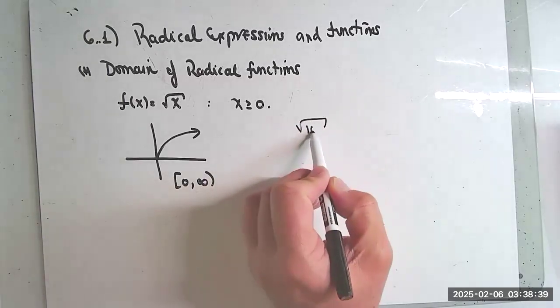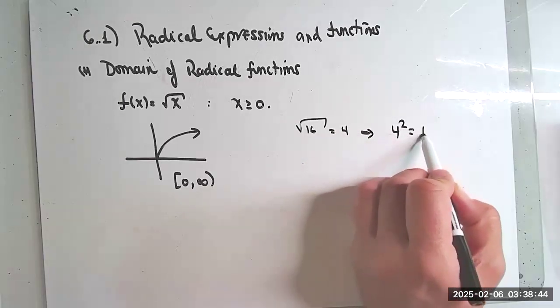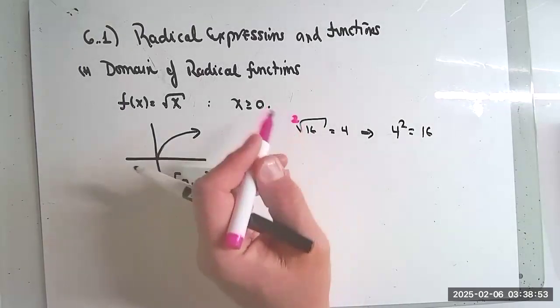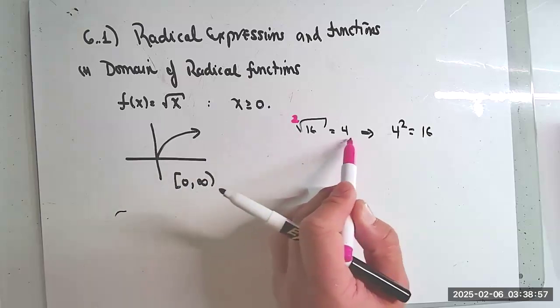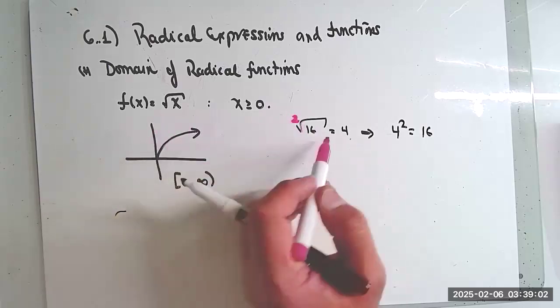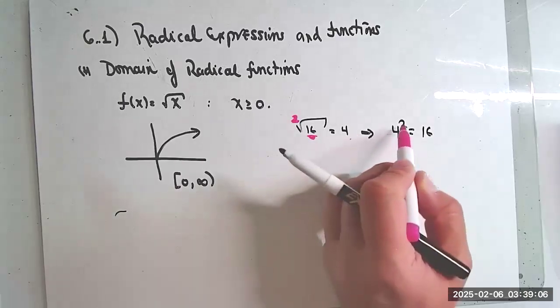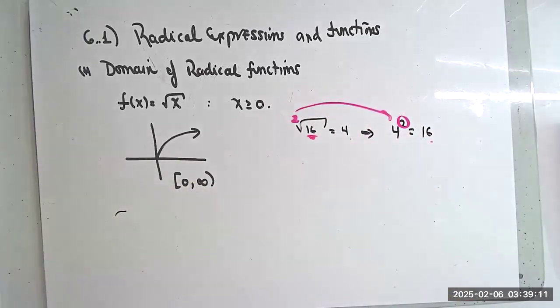For example, the square root of 16 equals 4. Why? Because 4 squared equals 16. Why do we square? If you recall, every time we talk about radicals, we have the index. In this case, the index is 2, which we don't write. That's the default. So we are looking for a number that when I multiply by itself, the index number of times, will give me the radicand. In this case, when I multiply the number by itself 2 times, it will give me the radicand